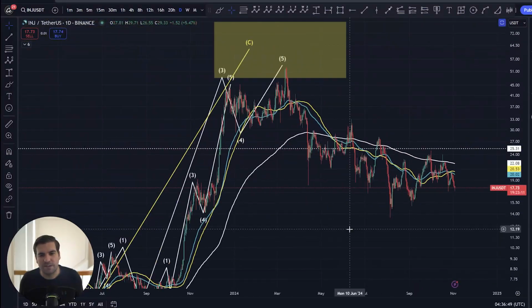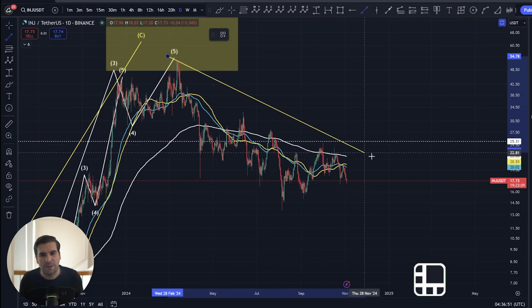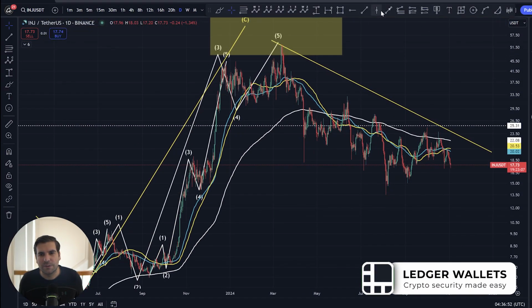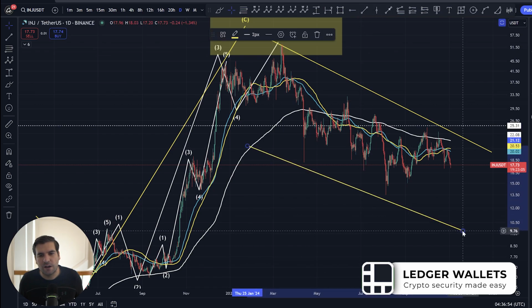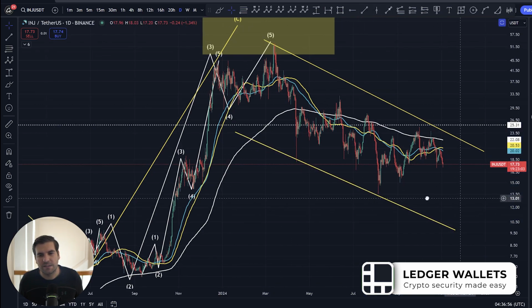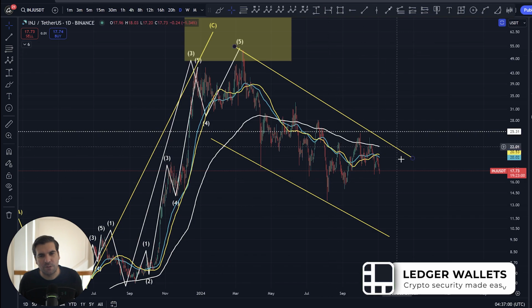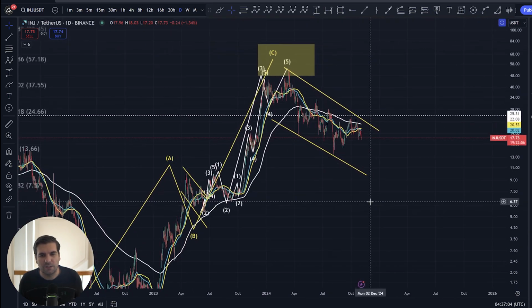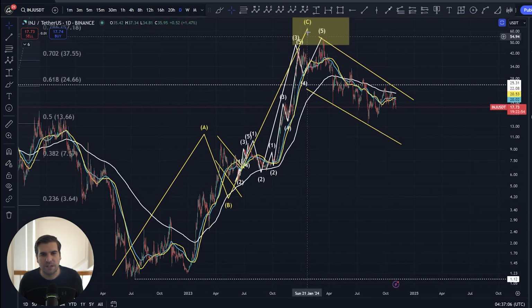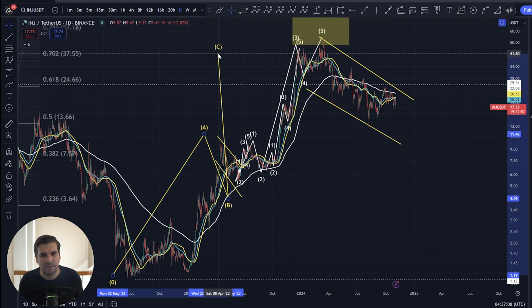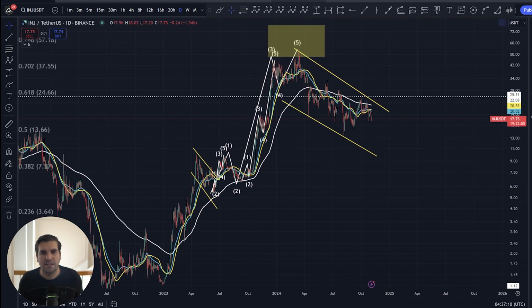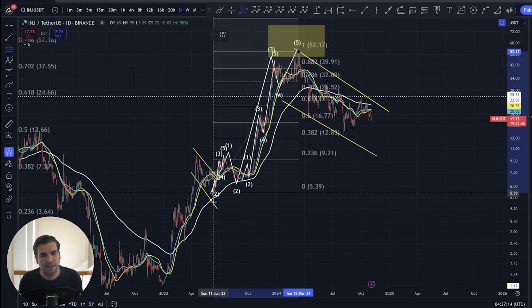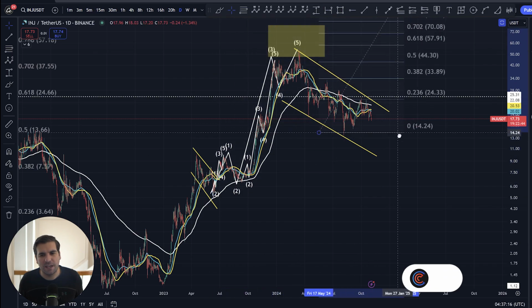And where we are with this is on a much bigger scale, where we can see we have lower highs and lower lows on our time frame here. But this has a tendency, with the overlapping nature of those candlesticks, to want to break out to the upside. So how high is it going to go? Well, there's one of two things. We can ignore the C wave, okay? And I think that's going to be the conservative way, if we actually think of this as a large zigzag pattern, okay? And I think that's potentially the better way of looking at it